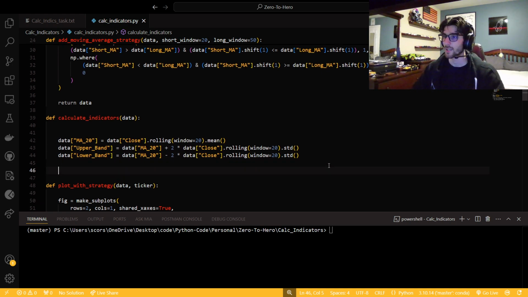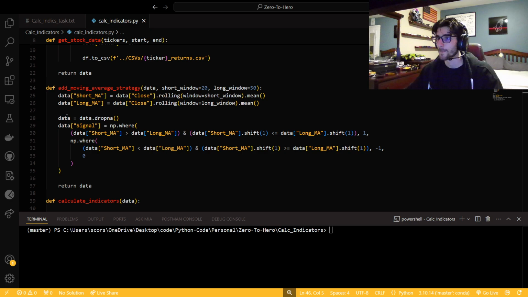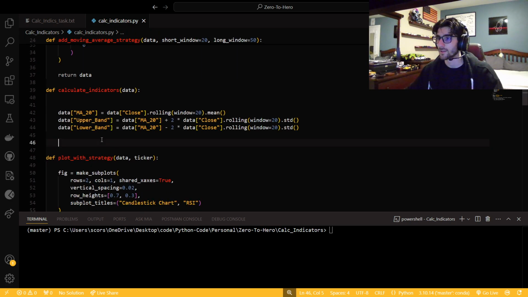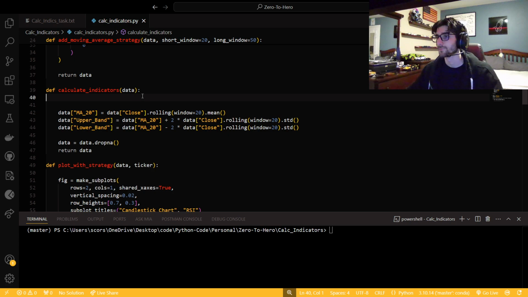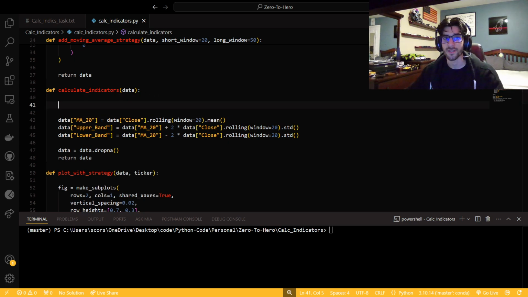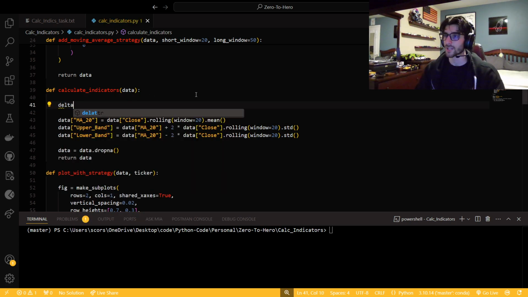There we go. And I'm going to remember to do data.drop in A, and then return data. Just before I forget, because I always forget to do that for some reason. So now let's go through what we need to do to